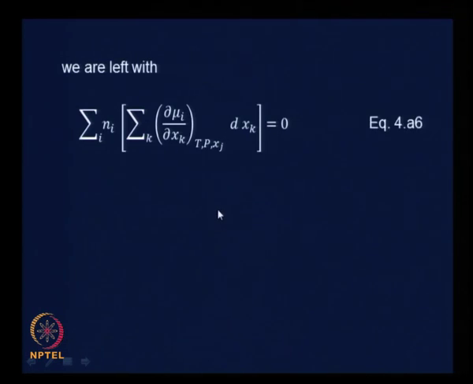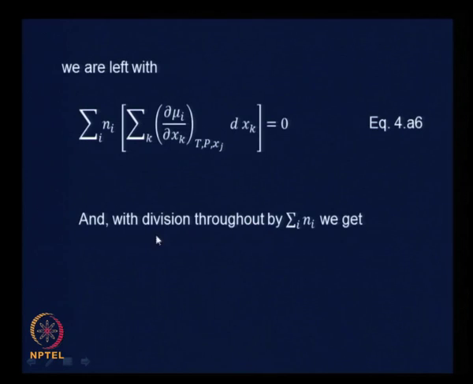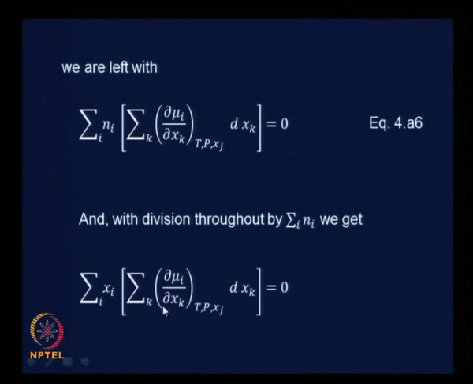And what would be easier is if we divided throughout by sum over Ni, then this Ni by sum over Ni would become xi. Here it goes to 0 anyway. Therefore, it became sum over xi times internal sum over k dou mu I dou xk Tp xj dxk equals 0. And from here we had used the expression for mu I as mu I hash plus RT ln